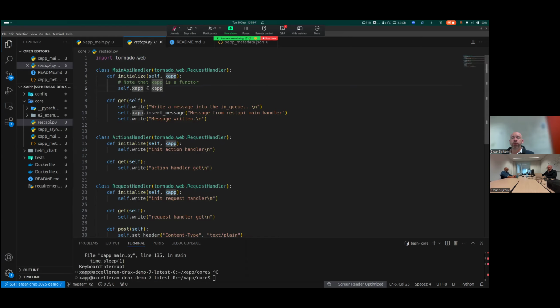For us, it's important that this xApp object is always transferred into this handler as well so that you can utilize any of the abstractions that we use. And then they define functions for this class, for example, the get or the post over here, to define the endpoint method that you're looking for.